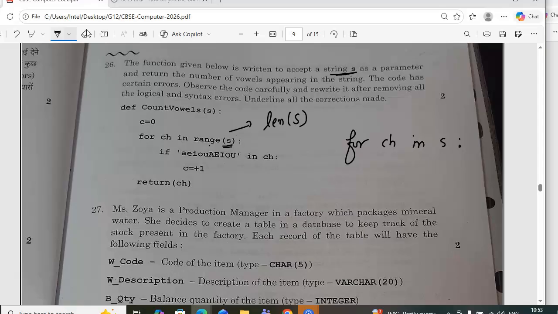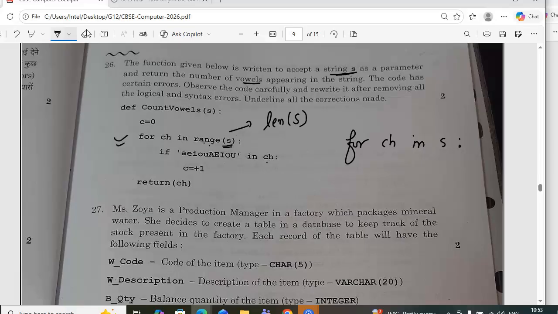Now what they are doing, they have to check for vowels. We have to return the number of vowels. So 'vowel in ch' is wrong, right? It should be ch in vowels. But ch is not a character here, it is S[ch].